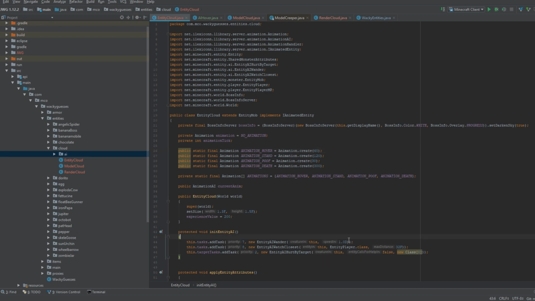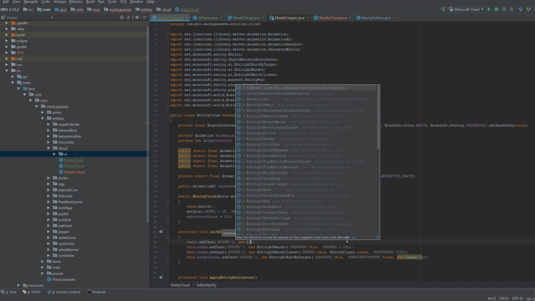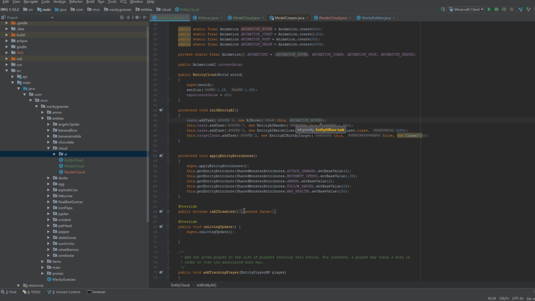Okay, great. So let's go into the initEntityAI method, which I have, and let's initialize the EntityAIHover class. So tasks. All right, here we go. tasks.addTask, and the priority is going to be 0 since it's going to be the very first priority. New AIHover, this, ANIMATION_HOVER. Perfect. Now we have initialized it, and now we're actually going to get it to be called. So let's go ahead and set up that switch statement in the